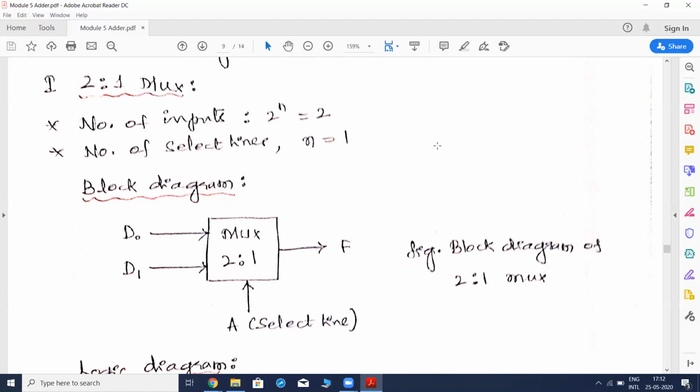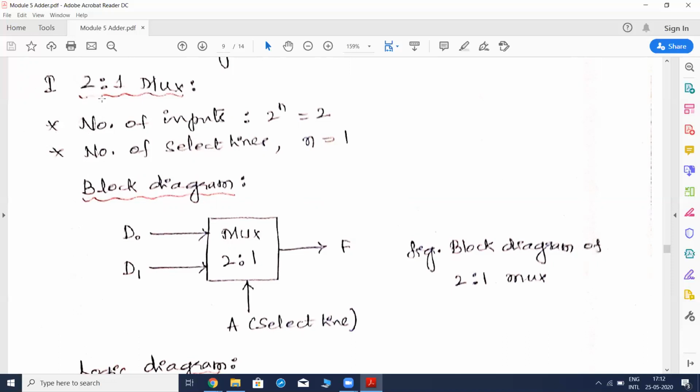In this simple multiplexer, we'll have only 2 inputs. That multiplexer is called a 2:1 mux. The number of inputs is designated on the left side of what we have written. Always, a multiplexer will have a single output. Out of these 2 inputs, one input will be selected and sent to the output. Which one to select out of 2 inputs? That is done by the select lines.